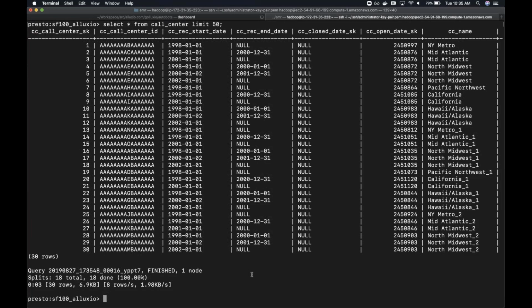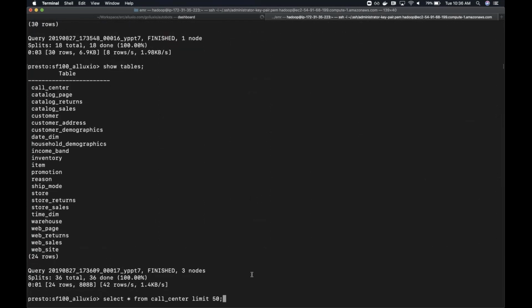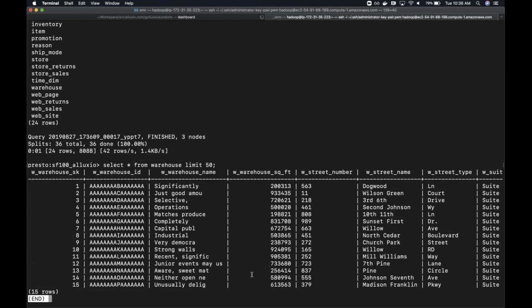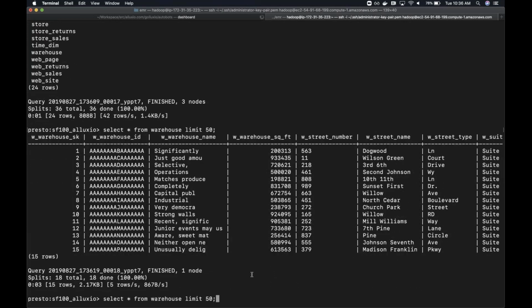As Ben was mentioning before, Alluxio does offer a caching service. The reason this query completed pretty quickly is because this cluster has already queried that data set. If I choose a different table, maybe one that I haven't created or one that I haven't queried before, so I think warehouse might be a good one. So I can start by querying the warehouse table, and this should be a little slow, but then hopefully when I rerun it again,